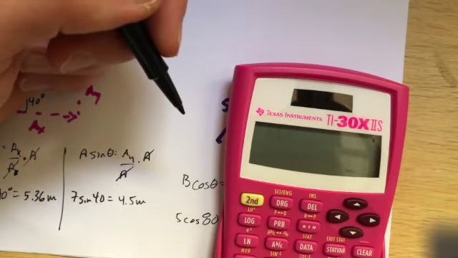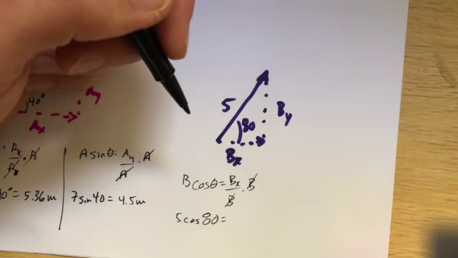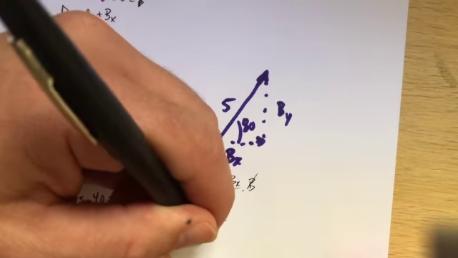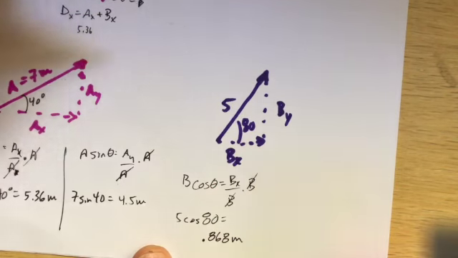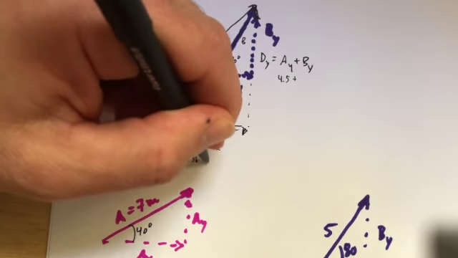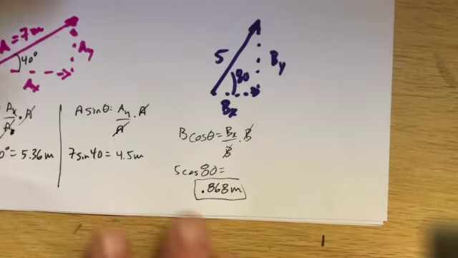So I go 5 cosine 80 equals 0.868. So that is definitely not drawn to scale, but that is the correct answer here. So for BX, I'm going to put plus 0.868. Okay, and then for BY,